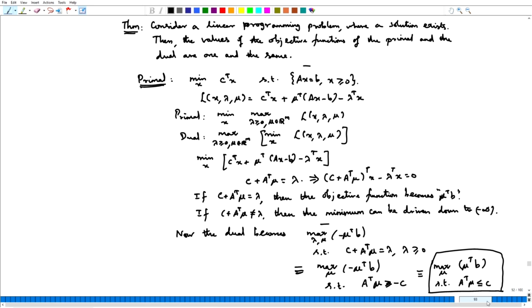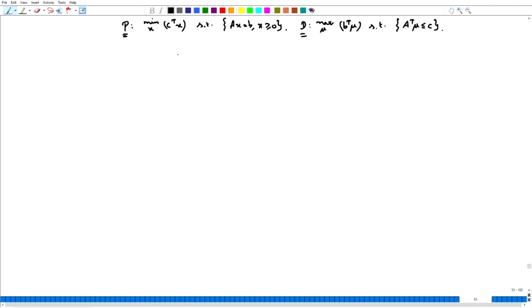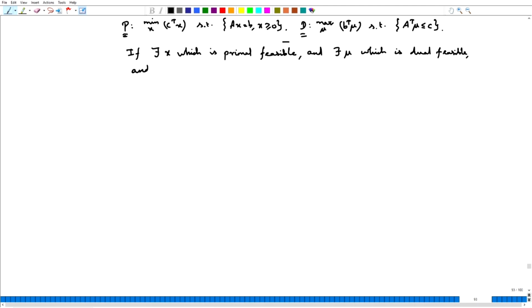So if there exists an x which is primal feasible, that means it satisfies Ax equal to b, x greater than or equal to 0, and there exists a mu which is dual feasible, that is, mu satisfies A transpose mu less than or equal to c, and it also turns out that